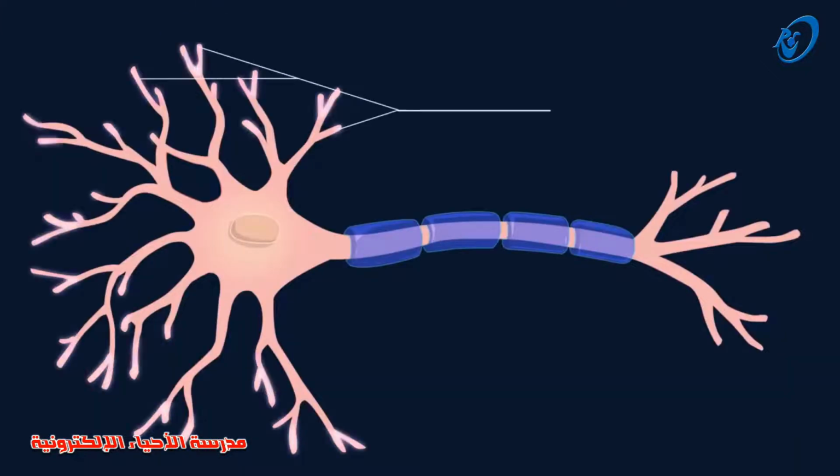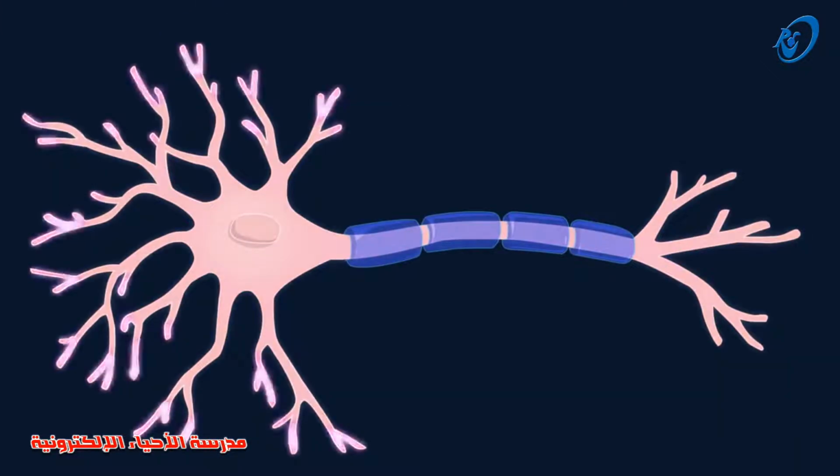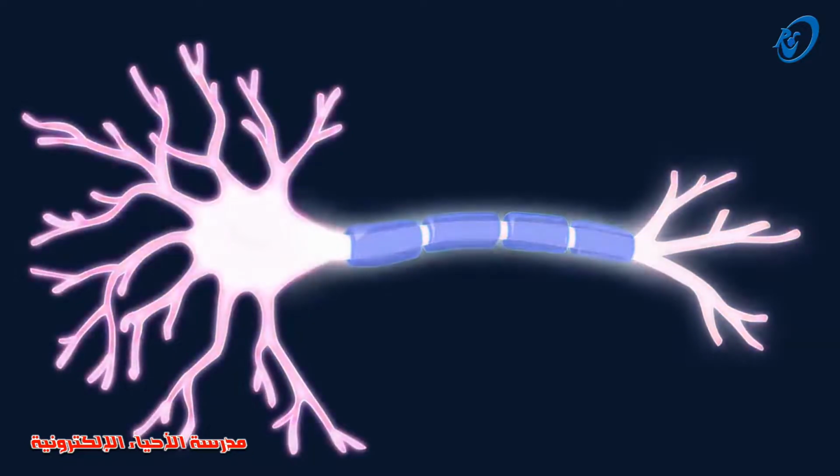Nerves can be very long as they often need to transmit information over long distances. As we just saw, the dendrites are the part of the neuron that receives incoming signals. Based on the strength of this incoming stimulation, the neuron must decide whether to pass that signal along or not. If the stimulation is strong enough, the signal is transmitted along the entire length of the axon in a phenomenon called an action potential. When this happens, we say the neuron fires.